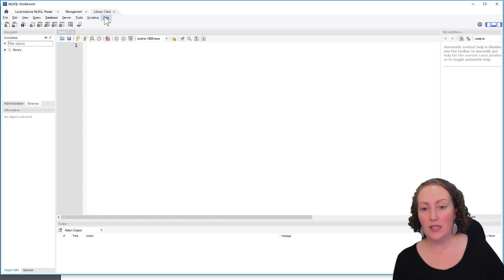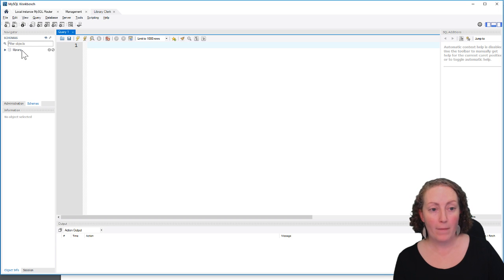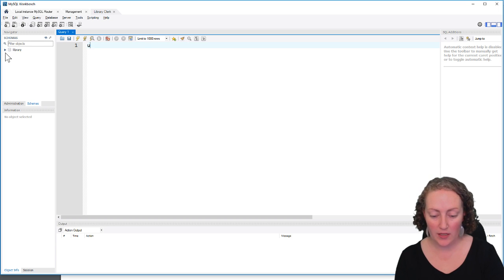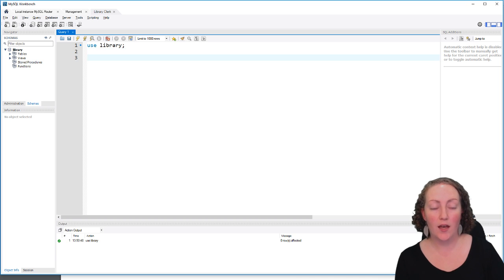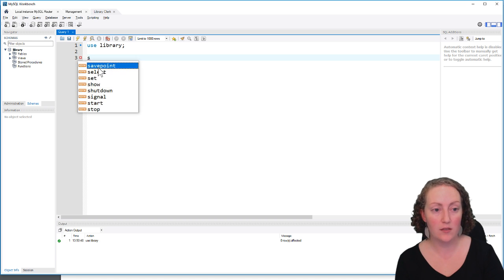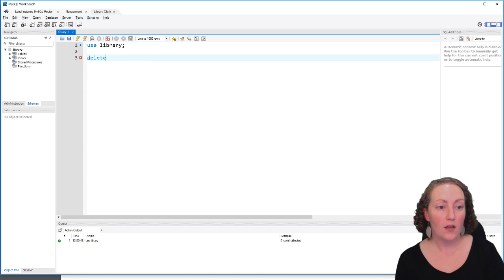So in this one, I'm logged in as the library clerk. Again, I can just see the library database, which is all I should be able to see. So we'll say use library there for clerk. And then try to do something that we're not supposed to be able to do. We're not supposed to be able to delete, because we've revoked the delete privileges. So if I say delete from